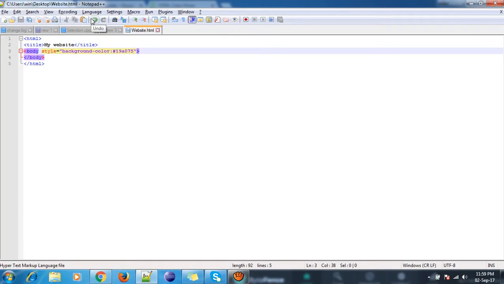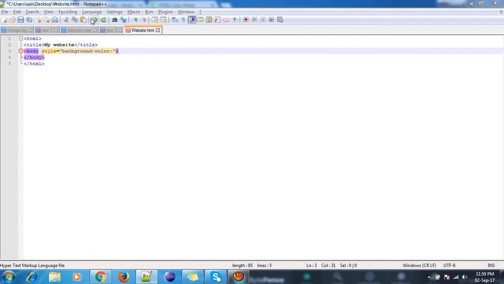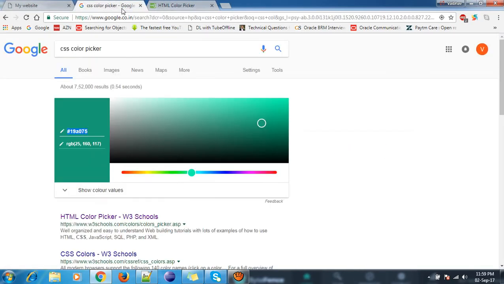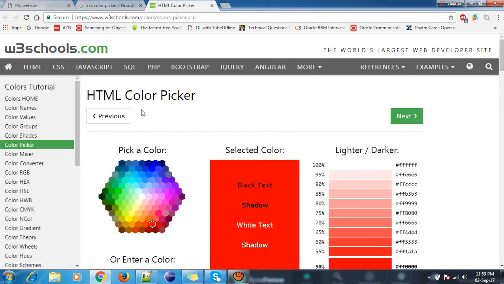Okay, so now I don't like this color, so I'll put some other color. You can select the color from here also.